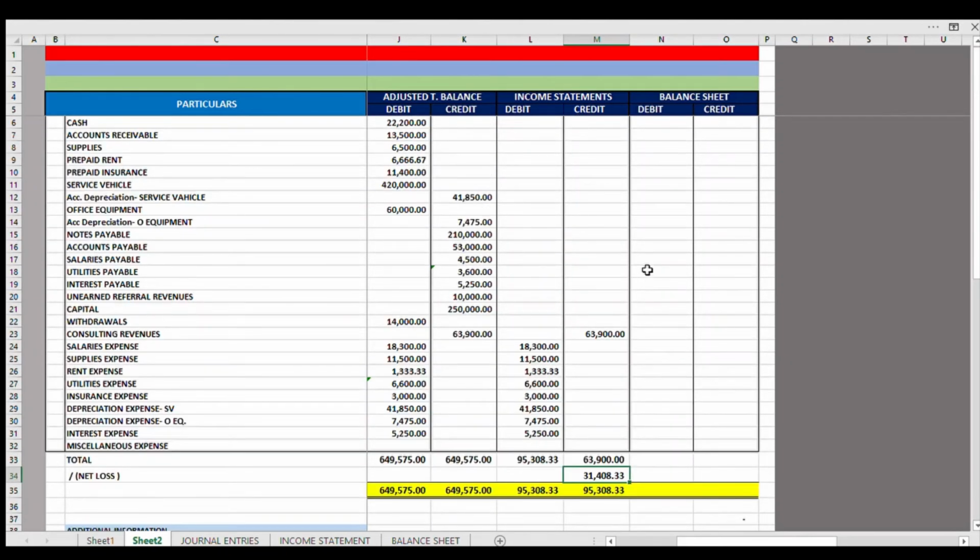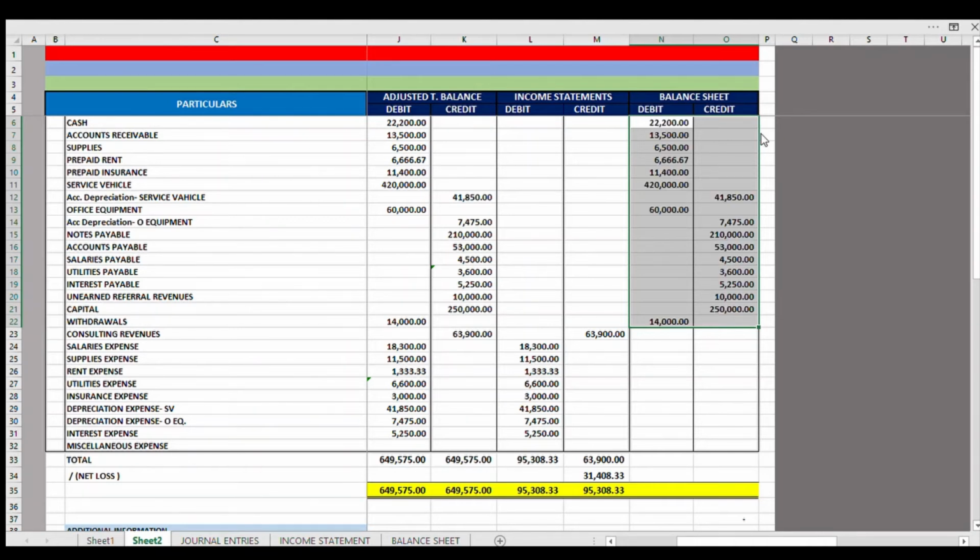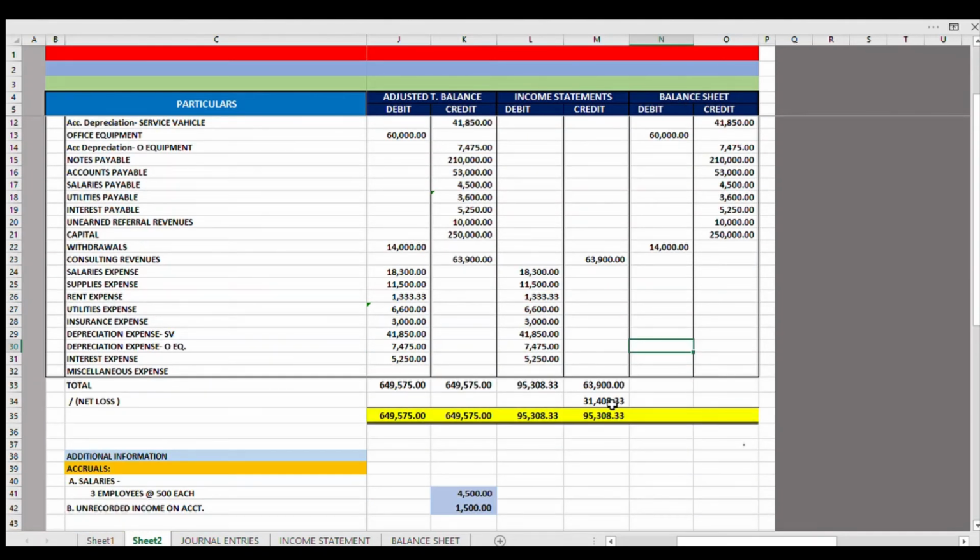Okay, so right now we will be doing the balance sheet. We will do now the extension of the accounts. So that's what we were going to do. We just extended all the balances, all the adjusted balances, particularly the balance sheet accounts. And finally, we will just extend our